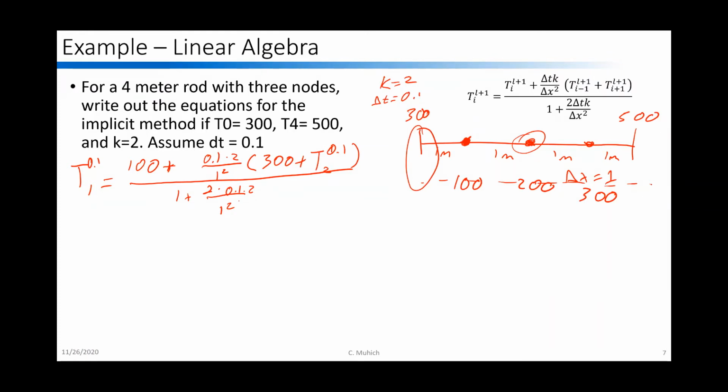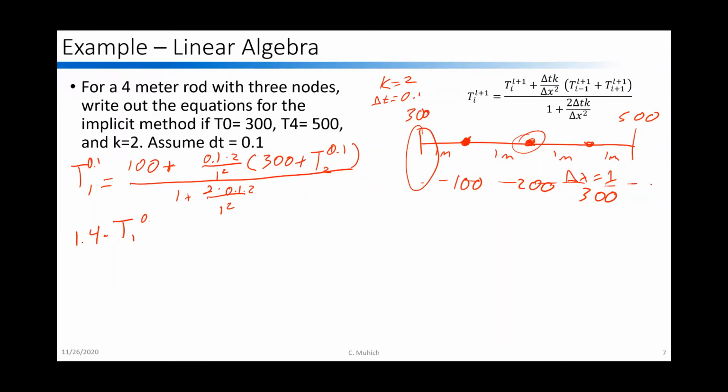So we can rearrange this. So we end up with 1 plus 0.4, which is 1.4, because that's what this is on the bottom,